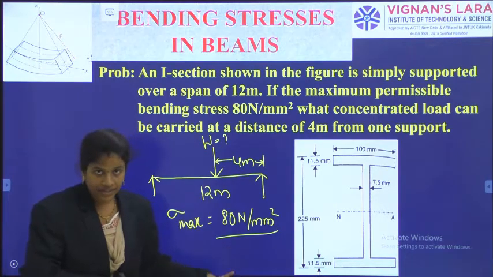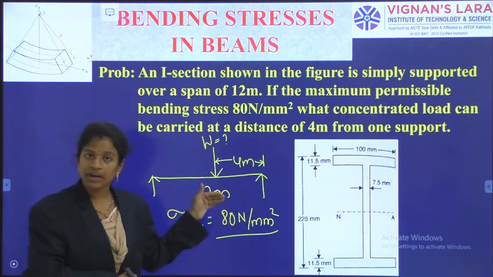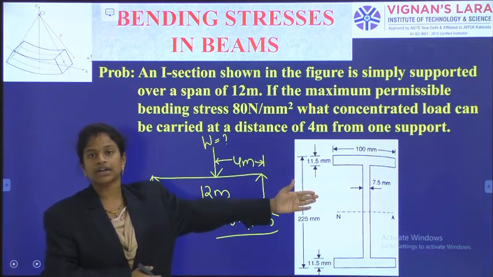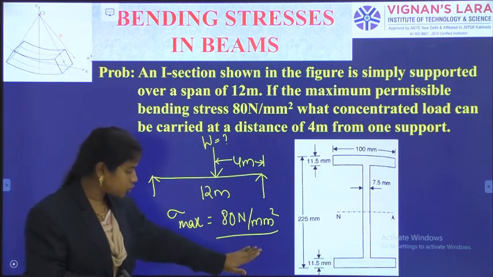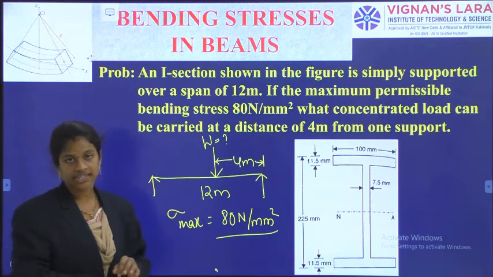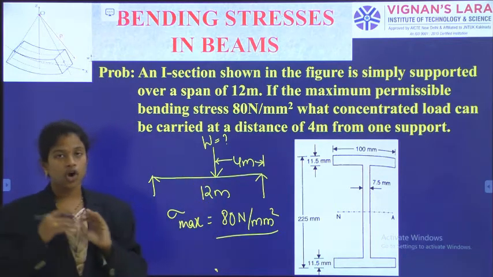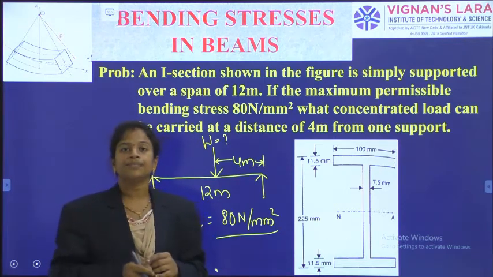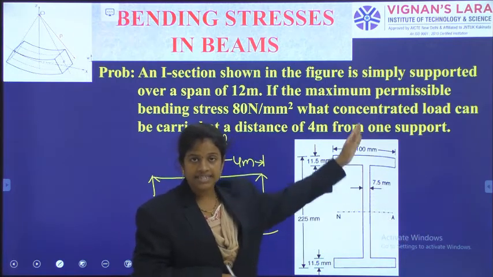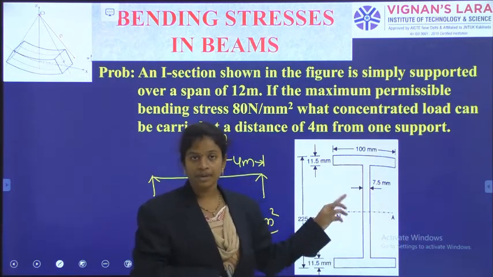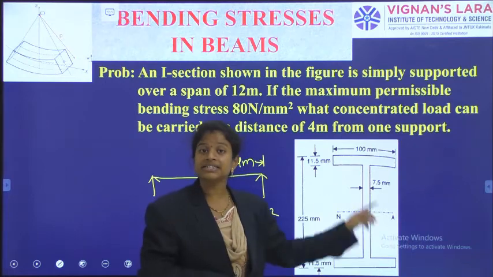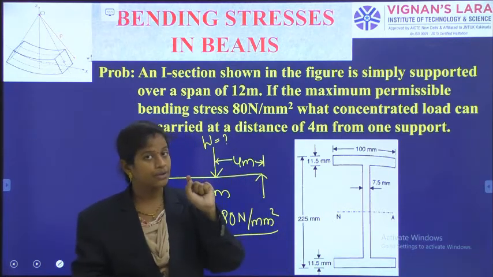So sigma will give the output of M from the pure bending theory. Again, from M we are going into the calculation of load value from the basic fundamental loading conditions. The first thing is, using this sigma max I need to calculate the moment of resistance of the section. But here the section is not a rectangular or a square or a circular. Here the I section they have given, that is very symmetrical about the horizontal axis and about the vertical axis. For such types of beams, the centroidal axis is at the geometrical center line. That word is important for you.